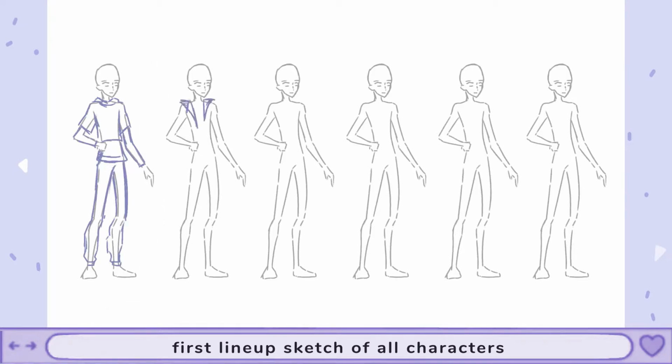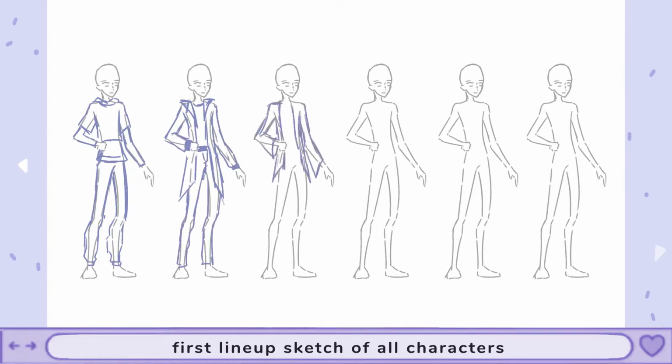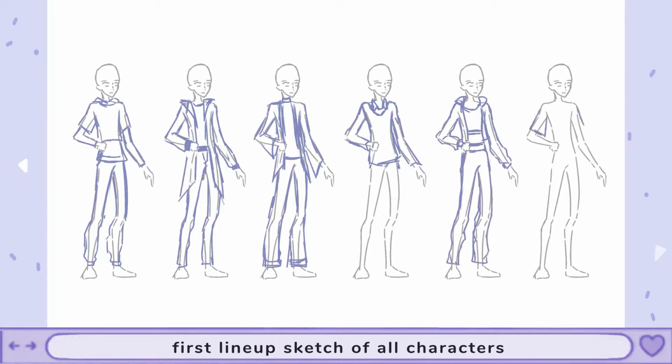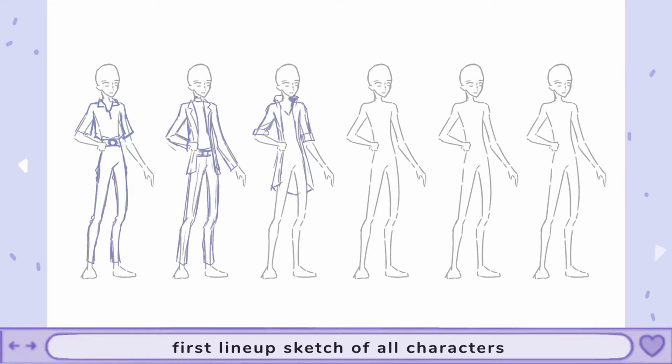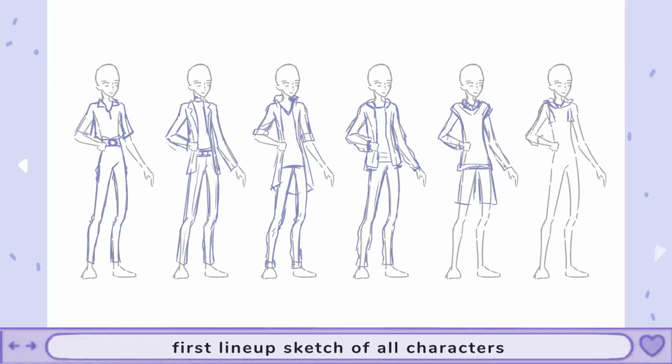And maybe you can get some inspiration for your own character designs from this. Here you can see I started out with drawing a general humanoid character in a standing pose. Then I went on to draw some outfits for this generic character. When I have to come up with multiple outfits, I like to try to include a variety of clothing pieces